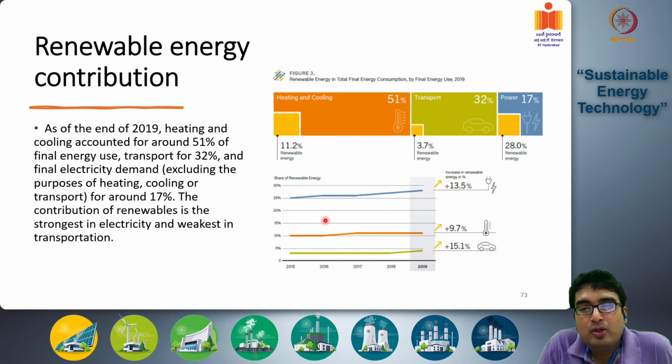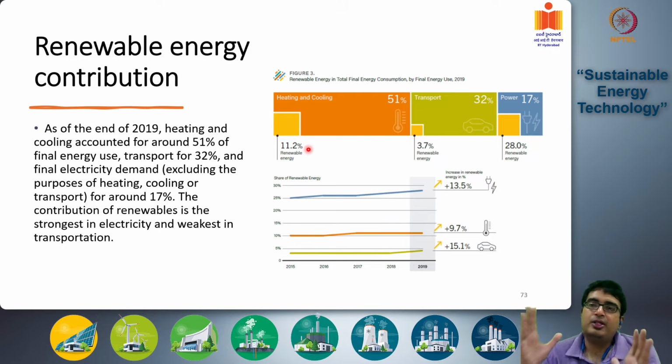This is the growth in the share of renewables by sectors. So the power is blue. Heating and cooling is red. Transportation is this bottle green color. And you can see that there are two parts in this curve. This is the total energy consumption that is happening throughout the world. Of this total energy